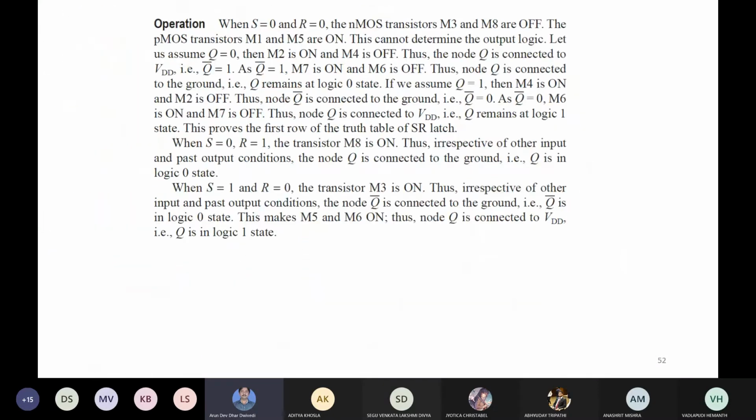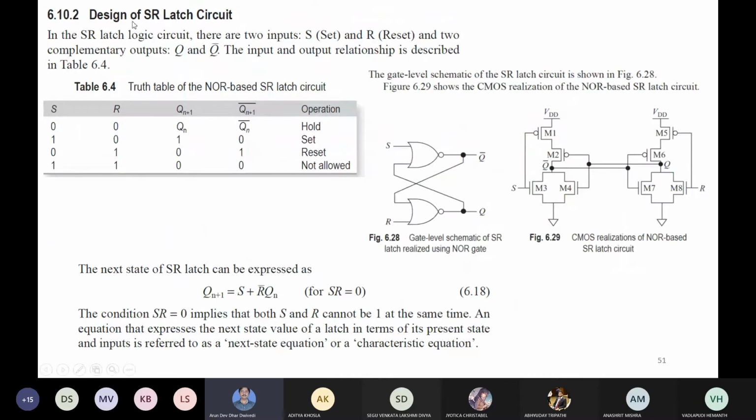these diagrams. First, I have discussed the SR latch. If NOR based, I'm not going to discuss all these tables, because here the design is NOR based. If you see the gate level circuit, then a NOR based SR latch is designed here. One NOR, other NOR. We know how to design a NOR gate using static CMOS logic. So for designing a NOR gate, two NMOS transistors for the pull down network are taken in parallel and two PMOS transistors in series. And since there is some feedback here, some Q is given, the output of this one is